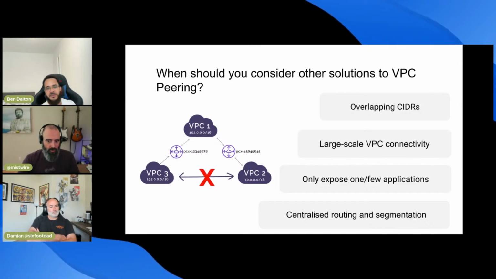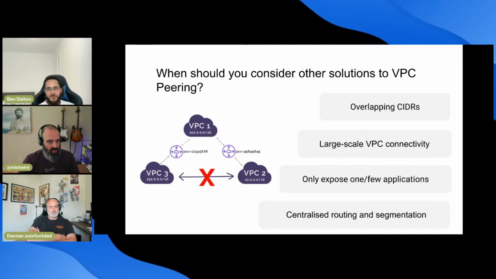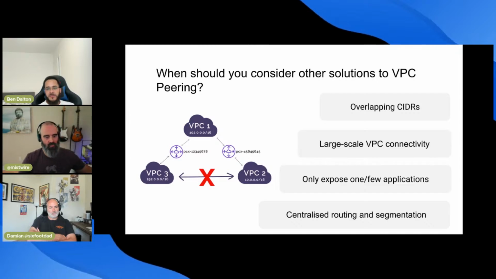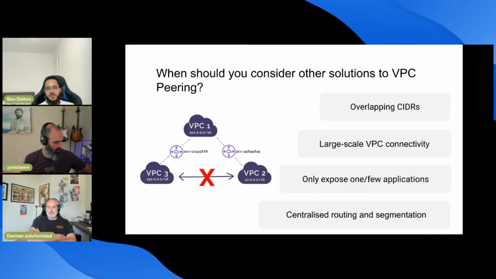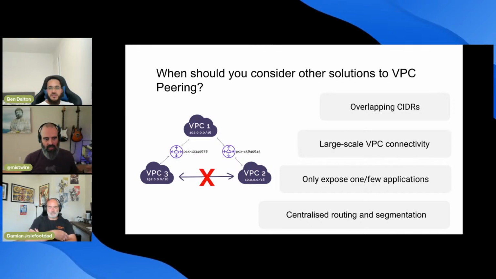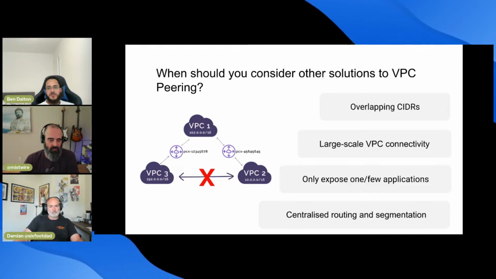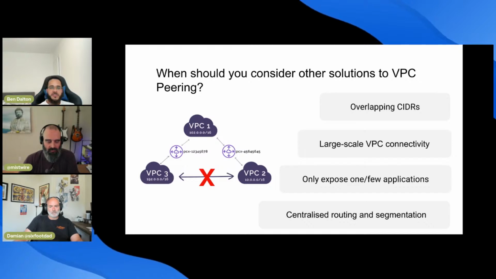And did I hear that correctly? You said that VPC peering is not transitive, but that transit gateways are transitive, or did I mishear that? No, that's correct. So with transit gateways, you can specify which VPCs you want to be able to access other VPCs. So okay, but it's still not by default that everything can see everything immediately once you hook everything up. You still have some route table stuff to configure, but essentially you do it from a central place.